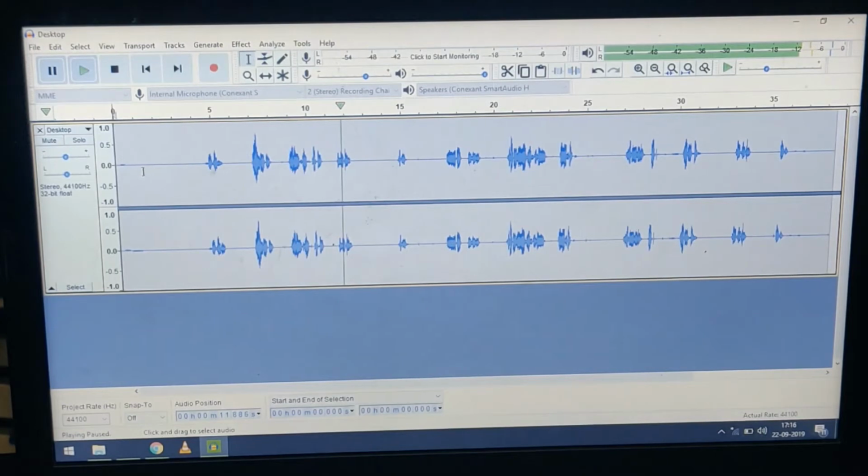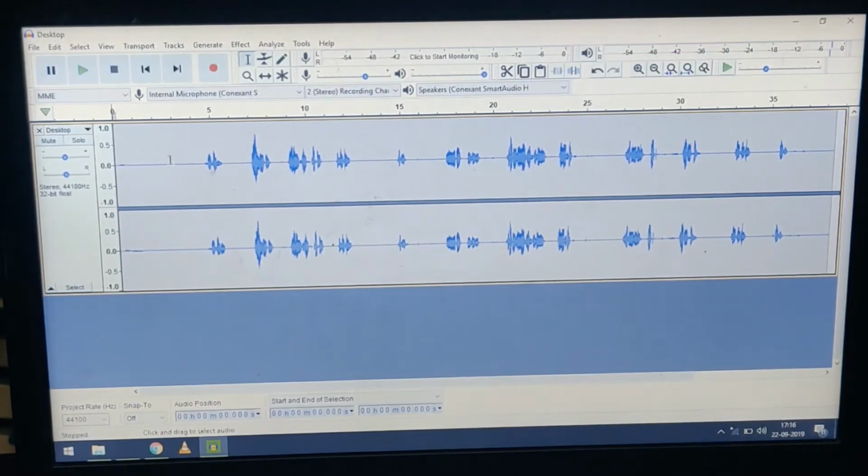This same noise is available in all these areas which have background noise or hissing noise. So now we need to remove this. I will show the steps. Just press the stop button, so it will go back to the starting position. Now we need to select the